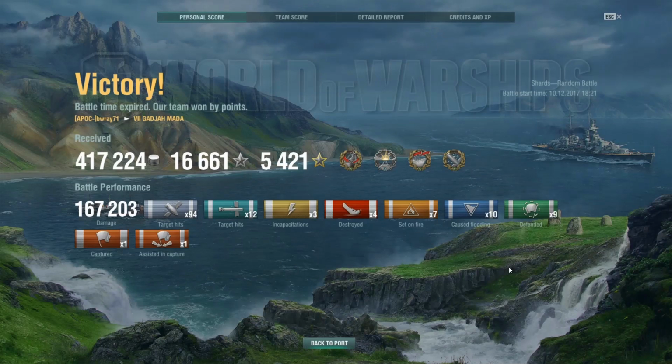Alright guys, so looking at the post-battle results, a very nice Solo Warrior to B-Ray. Congratulations. I don't know if that was your first or not, but I'm certainly still looking for mine, so I'm a bit jealous of you. 167,000 damage to round off that Solo Warrior. 16,000 XP, 417,000 credits, 5.4k free XP, which is nice. Confederate, Devastating Strike, Solo Warrior, and High Caliber. 12 torpedo hits, so we did a lot more torpedoing than gunning, but with 4 kills, I think that's a pretty respectable